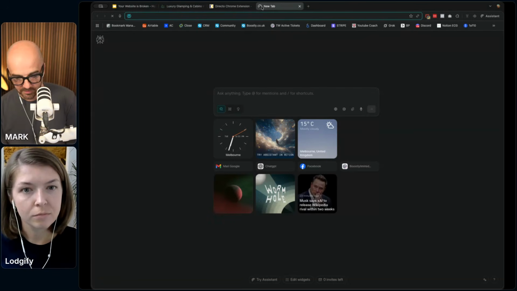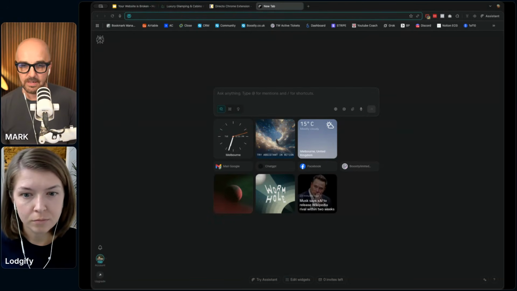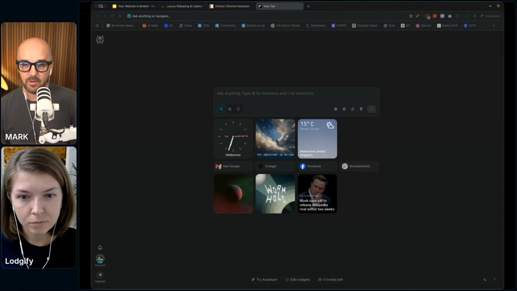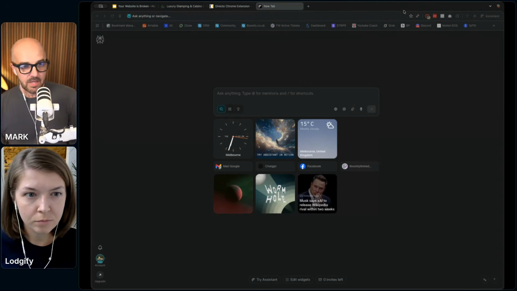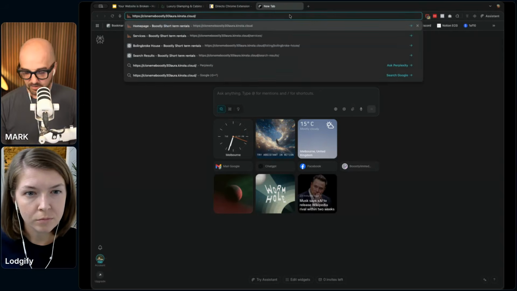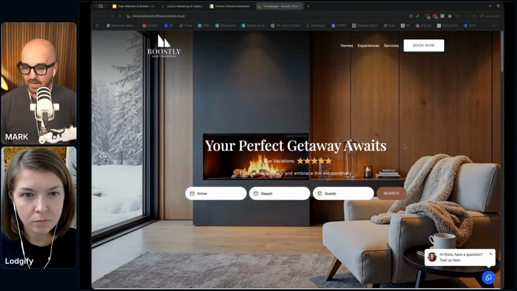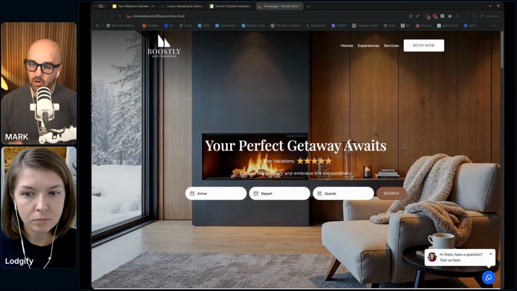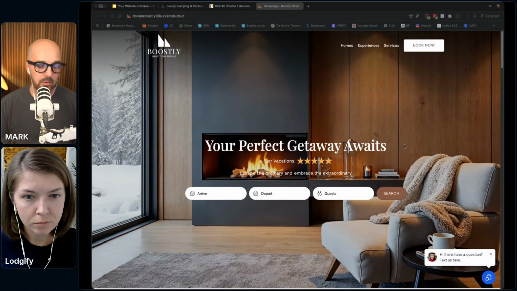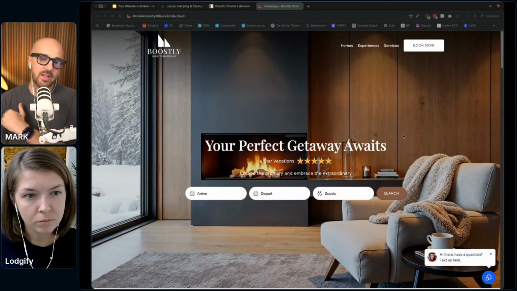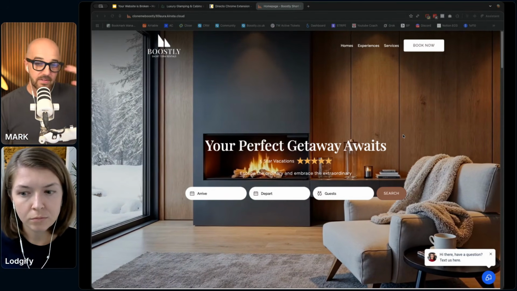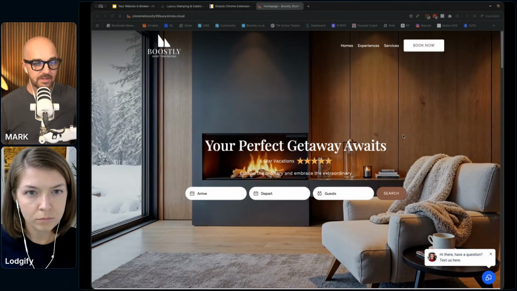So I'm just going to open up this and I'm going to come on in and grab you the framework. So this is the framework of our website. You should be able to see it now. This is the framework that we do for all of our websites. Obviously, when people work with us, they can customize it to shape their vibe and their colors and their logos, etc. But this is the framework that we use for every single one of our sites.